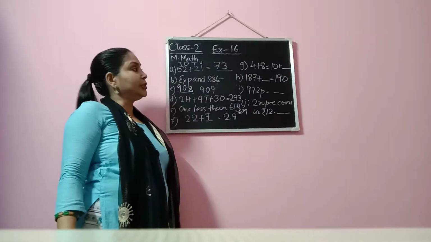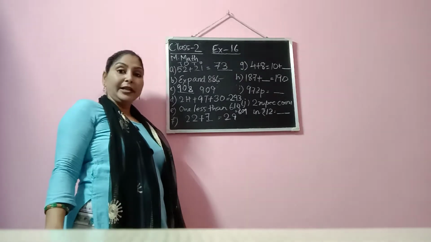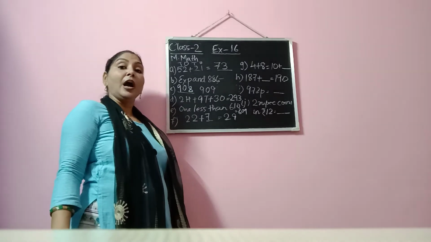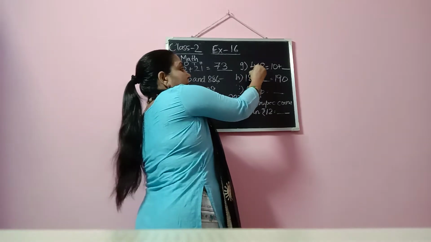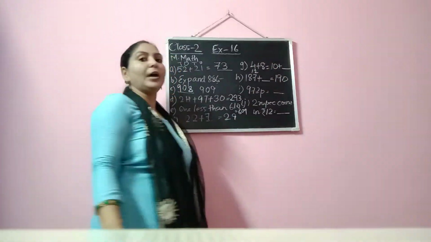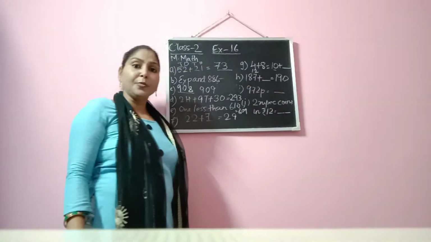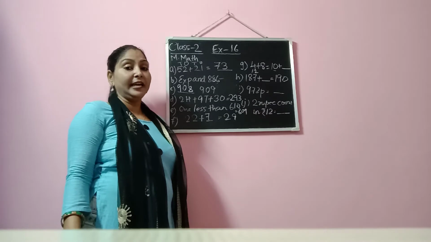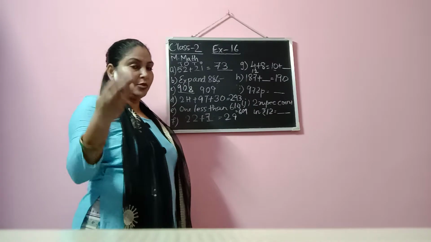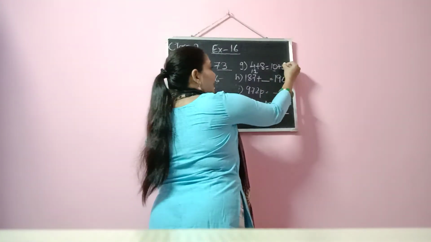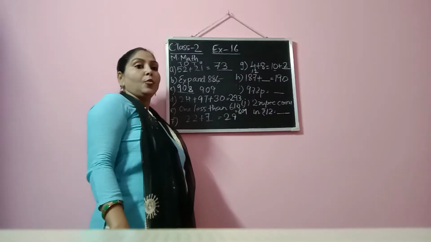After that, question number G. 8 plus 4 is equal to 10 plus how much? Now in this question, first of all, you have to find out how much is 8 plus 4 or 4 plus 8. It comes 12. Now here also we need to have 12. But here you see 10 is already there. In 10, how much to add to get 12? Of course 2: 11, 12. That means 2 more we have to add. So we will write answer 2 here. Okay. After that, next question.